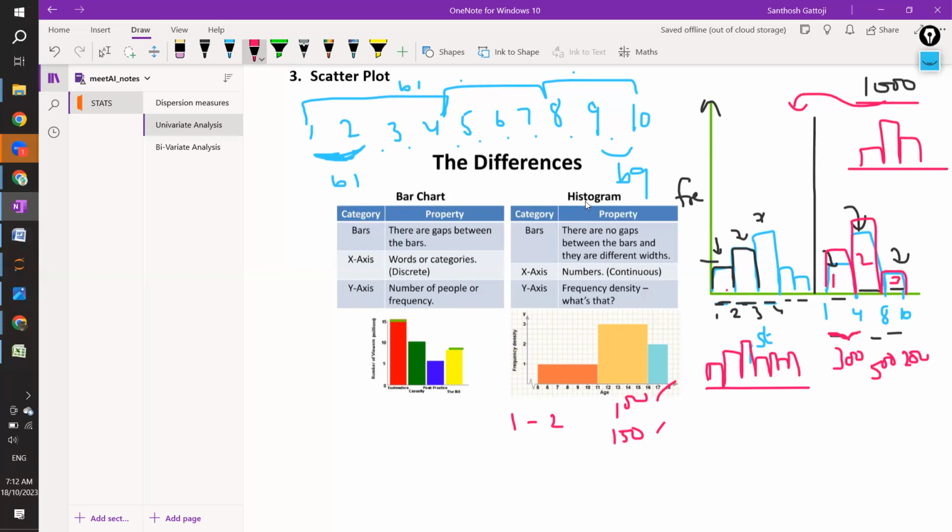Fine, Santosh. Okay, any confusions over the Karthik? So